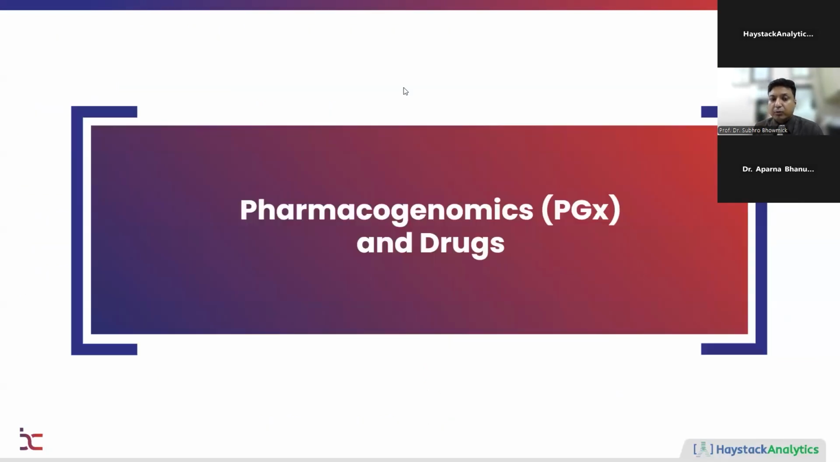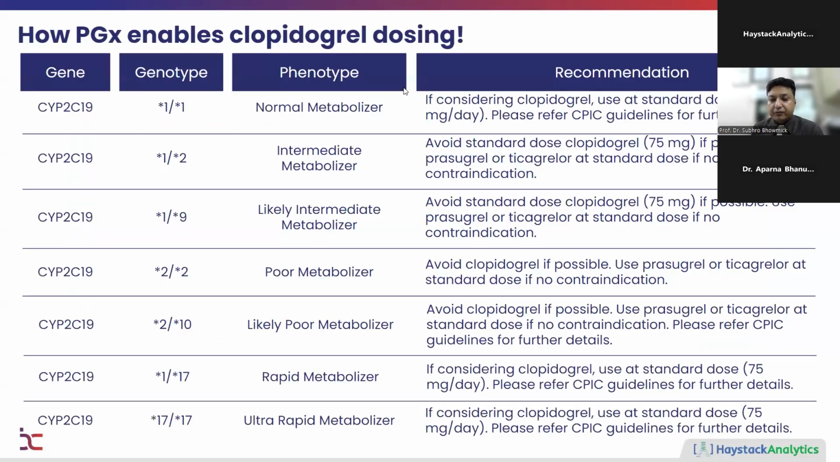One of the drugs is clopidogrel. This is used very commonly after an acute myocardial infarction or to prevent further incidences of acute myocardial infarction. This drug is a standardized drug which is being studied for pharmacogenetic variation across the world. If you are a normal metabolizer, the clopidogrel standard dose of 75 milligrams is possible. But if you are an intermediate metabolizer, we cannot start at standard dose. We might use prasugrel or ticagrelor